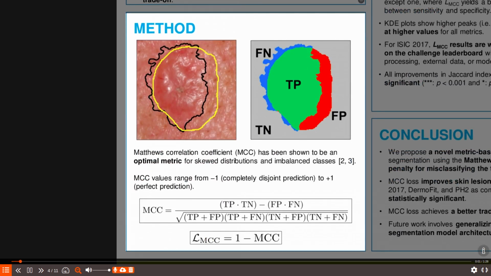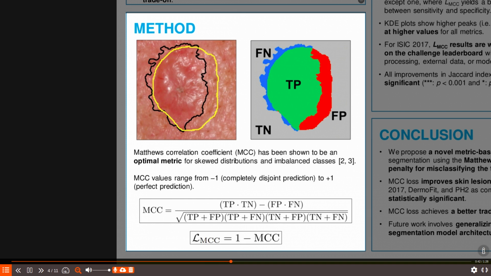Consider the skin lesion image segmentation example. The ground truth lesion segmentation mask boundary is indicated by the black contour, and the yellow contour indicates the predicted lesion segmentation mask. As such, we can partition the pixels in this image in 4 distinct categories depending on their class and the correctness of the predictions. This is shown on the right, where the 4 colors denote the true positive, true negative, false positive, and false negative predictions. That is, the 4 entries of a confusion matrix. Notice how, despite the lesion being large, the true negative pixels denoted by gray occupy a considerable fraction of the